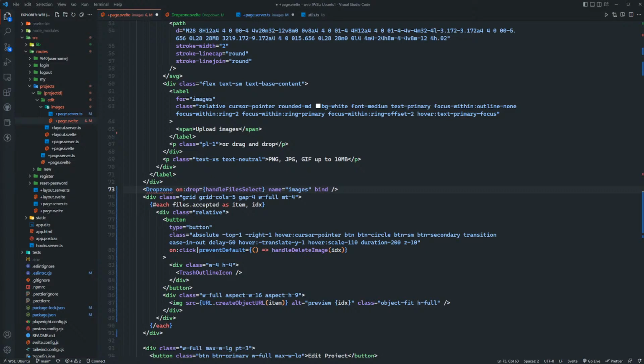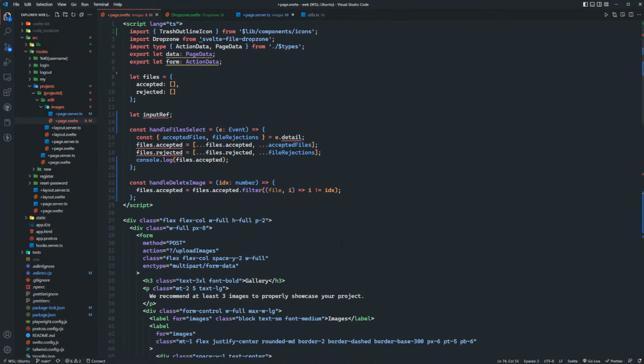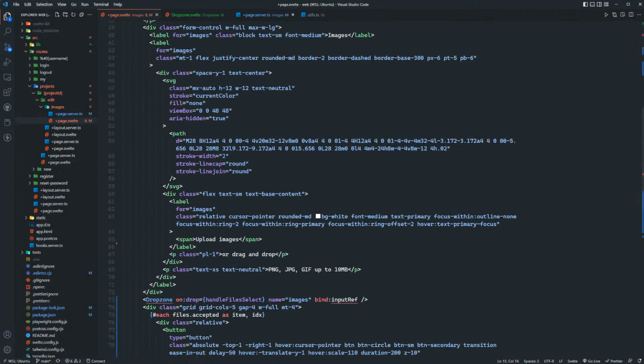I don't do bind this, right? I just do bind. Because technically this is not the input, right? Yeah, okay, that's what I thought. It's just the type. And it's an HTML